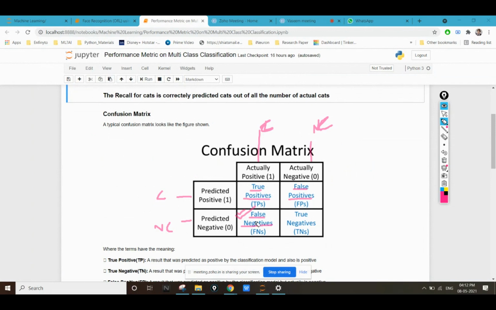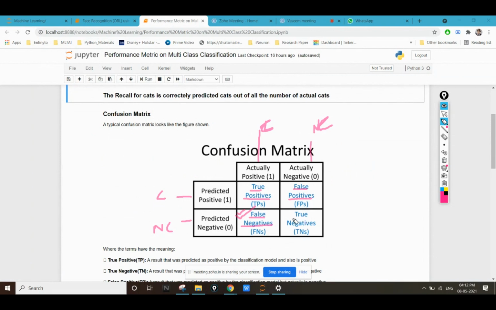But if you actually have COVID and your RT-PCR test comes negative, this will lead to bad consequences, like you can spread that virus to multiple different persons. So I don't want this value to come. I want this false negative to be as close to 0 as possible.